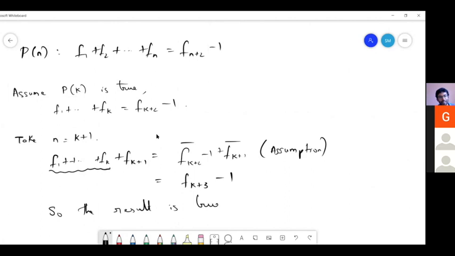Now we will all analyze these steps, first of all to see if they actually establish the result. We'll call this statement Pn. So Pn means f1 plus f2 till fn is equal to f of n plus 2 minus 1. We are seeing if P of n is true for all values of n or not. This is what we are trying to see.